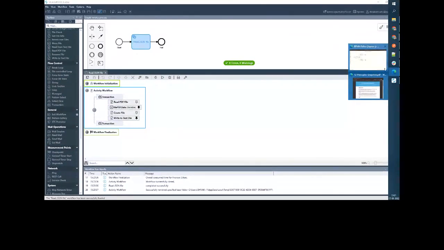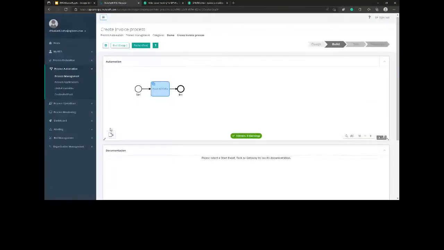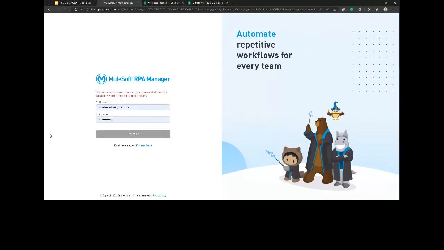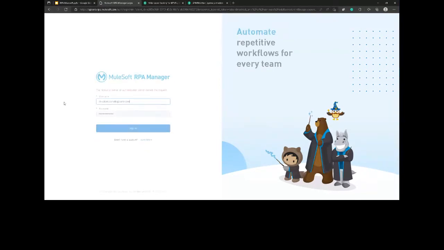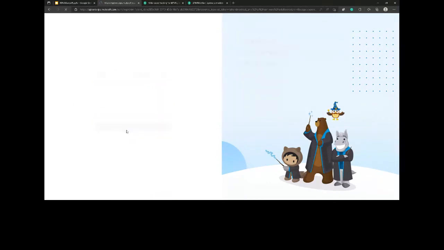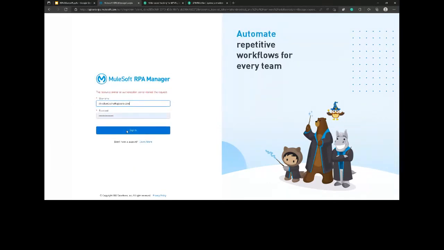I'll go back to this configuration. If you go to the RPA Manager, there is bot management, with a section of bots also. Somehow my license or my access is not full. What happened? Something went wrong, I guess.